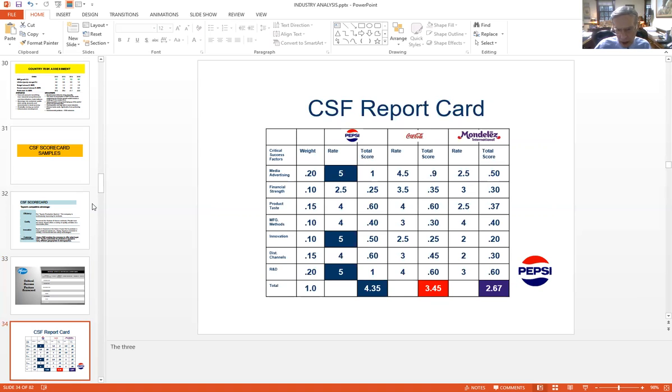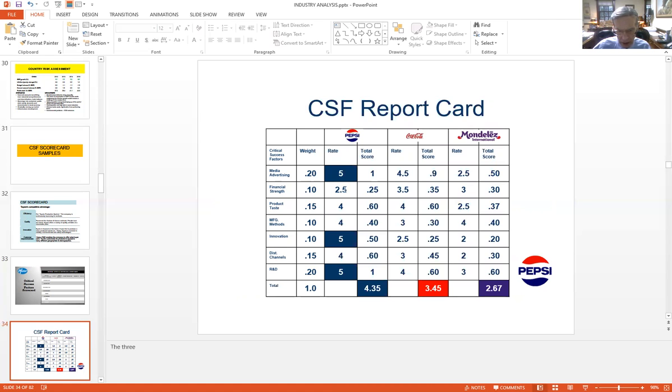Here's one that takes a look at consumer beverages and snacks. It was done by a team that looked at PepsiCo, because PepsiCo makes both carbonated beverages and snacks. Frito-Lay is a brand of PepsiCo. And in this case, weights adding up to 100% were devised to represent the relative importance of these critical success